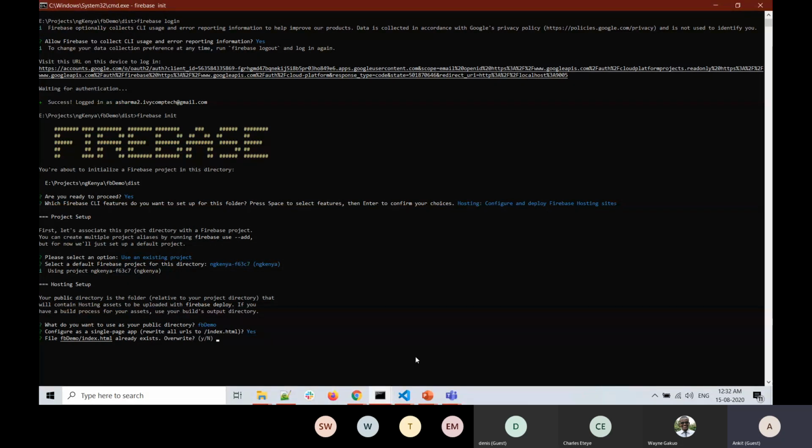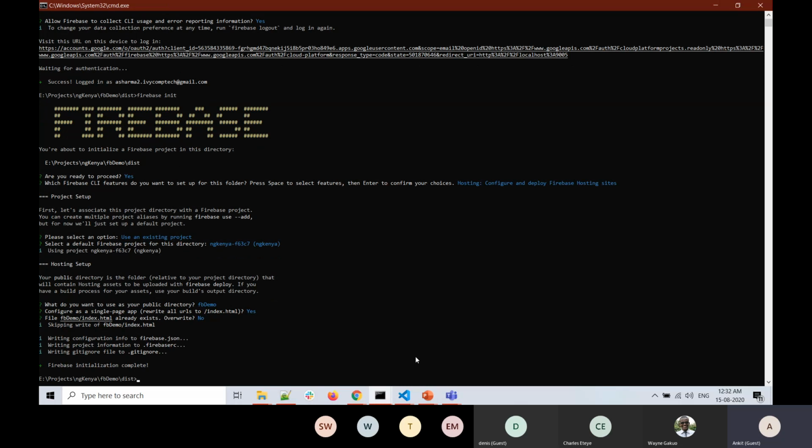So once I said yes, create it as a single page application, it is trying to create a new index.html file. But we have already run the ng build prod command, and in that production build there is an index.html file already created, which is the index.html file of our application. So we do not want to override that. Why? If we override that, then Firebase will create a default index.html file which will contain some default configuration. We don't want that. We want an index.html file which is specific to our application, which was already created by the ng build prod command. Therefore, in this case, we will say no for override.